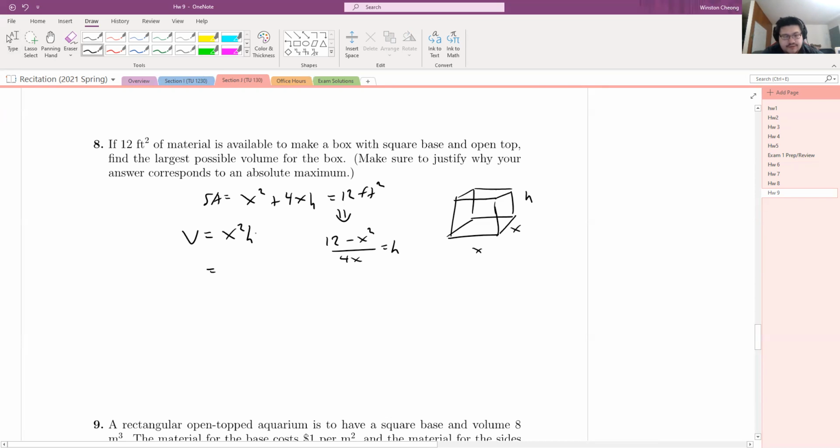Okay, so volume is going to end up being 12x minus x cubed over 4. And I can split that to make derivatives a bit easier to think about. X cubed over 4. Okay, so now we have volume as a function of x, and now I can optimize. So I take the derivative,